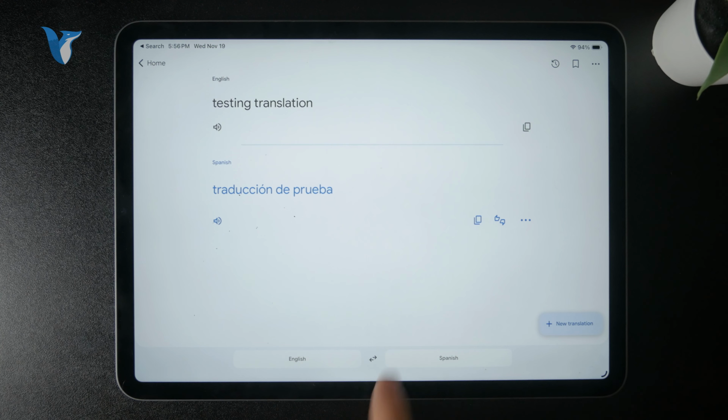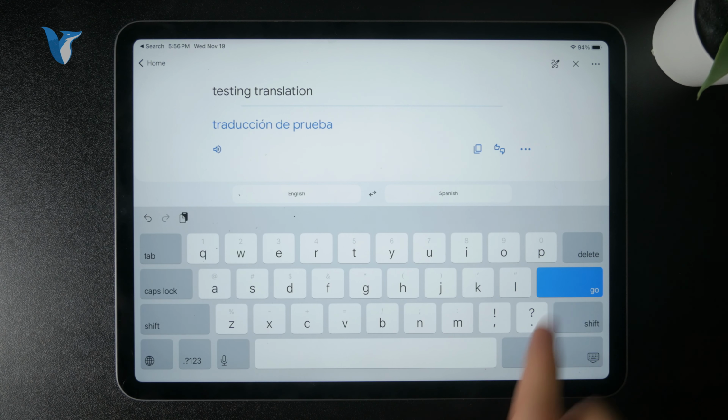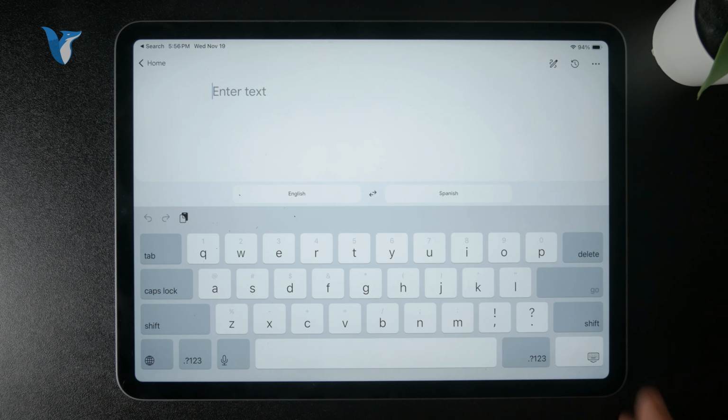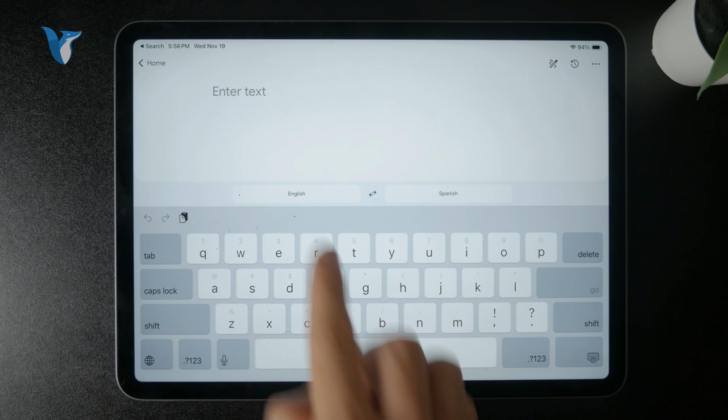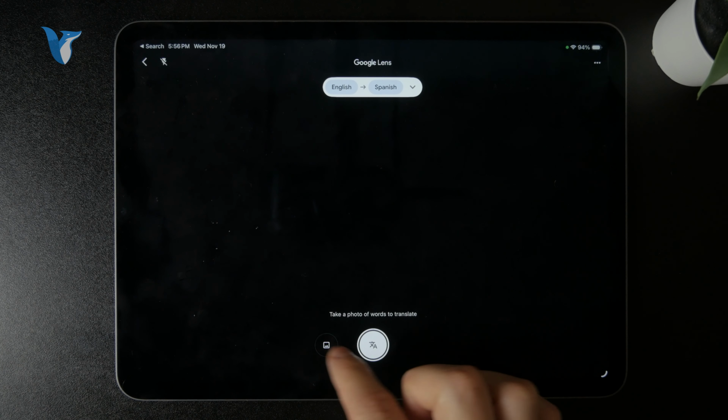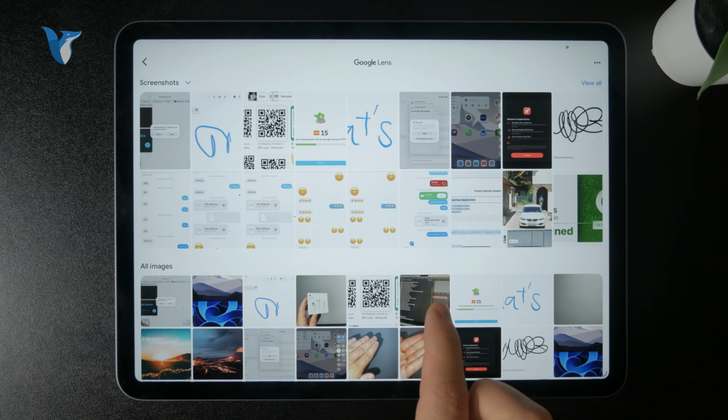You can also go to the camera mode in the bottom right, which will allow you to point your camera at a specific sign or a text and it will translate it in real time. And you can also upload your photos from the gallery containing the text which you want and wish to be